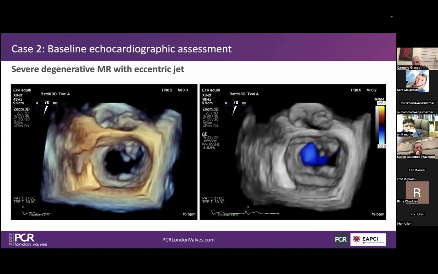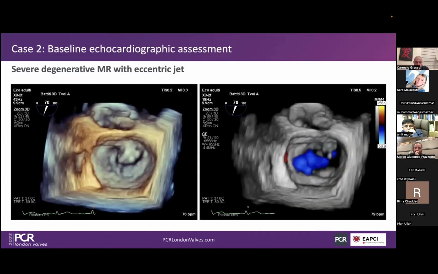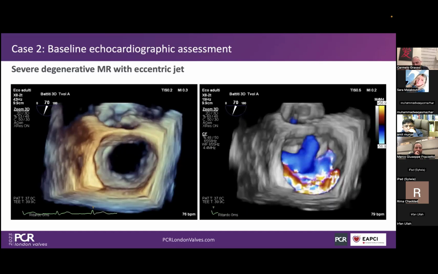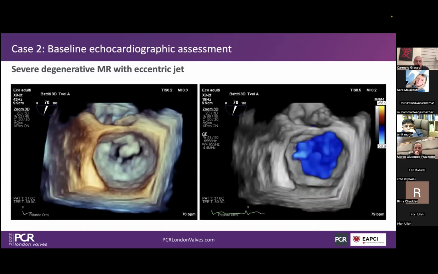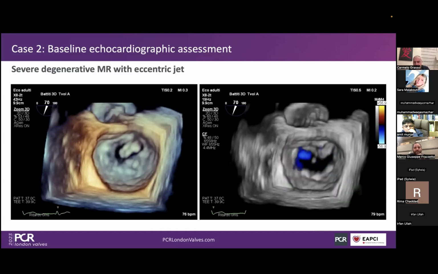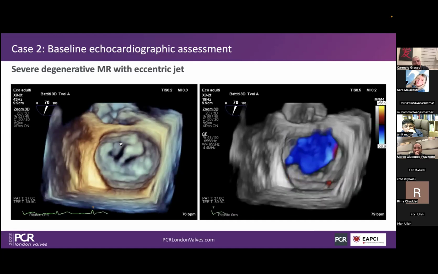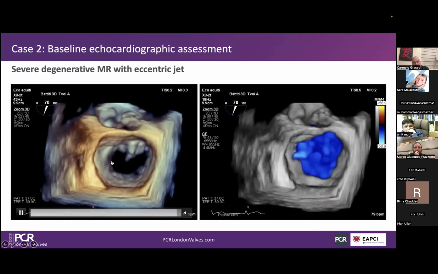Of course, in this case, the color says everything. You don't need to deal so much with the vena contracta, with PISA or with the quantification, because it's clearly a severe mitral regurgitation. Here you can see the flail of the